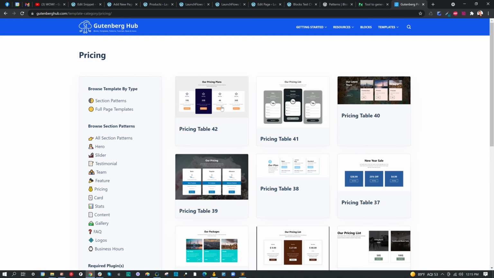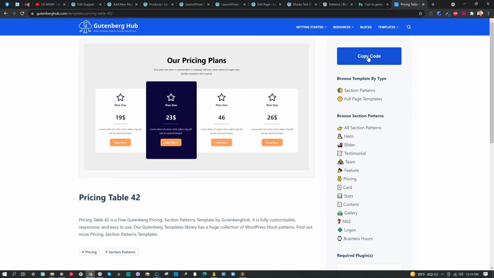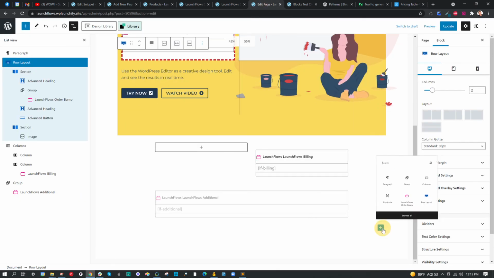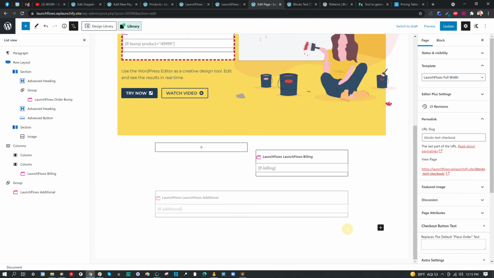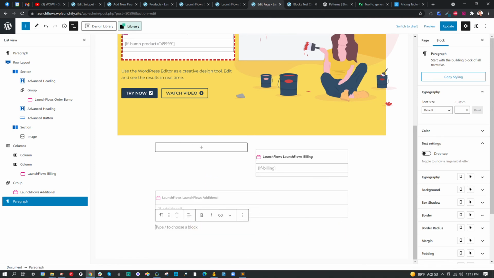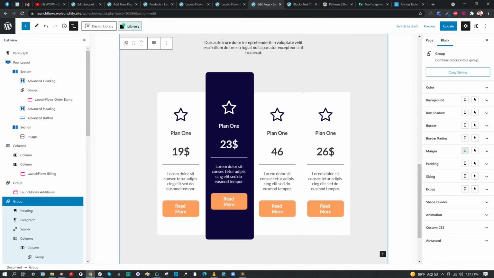And just like here at Gutenberg Hub, this is why Gutenberg is so awesome. I want this in my site. Let's say these are already set up to have the LaunchFlows, throw the product to cart links or something. Just simply copy the code, go to the page. Let's put in a whole new paragraph and then paste. It may take a second to post in here. This is so ridiculously simple and powerful,